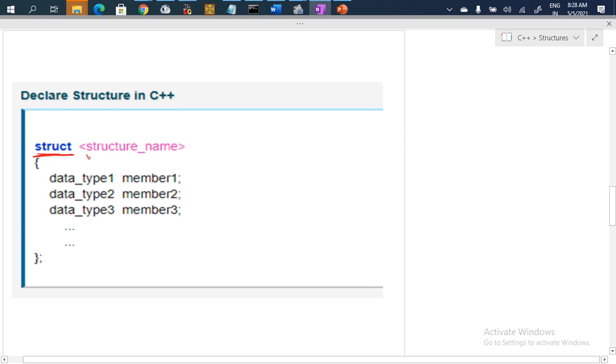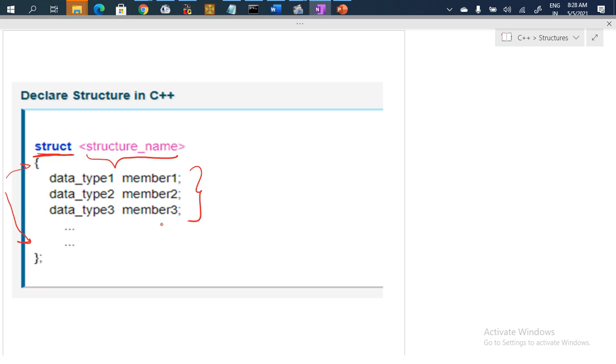Then we have the structure name, and then there are two curly braces, and inside these curly braces we define the data types and the members which we are using to define the structure. And a very important thing, we have to include a semicolon after the curly brace, which will tell us that we have declared one structure and no more definition is there inside the structure.